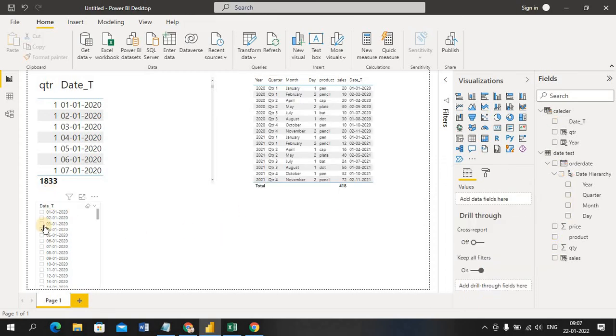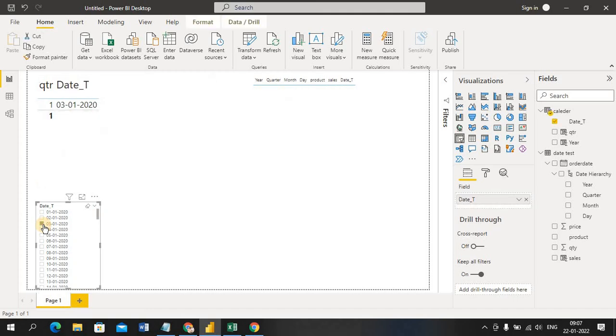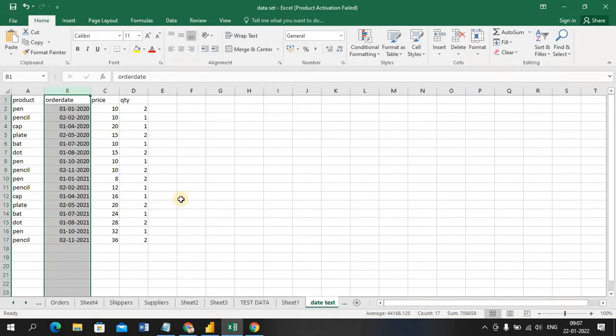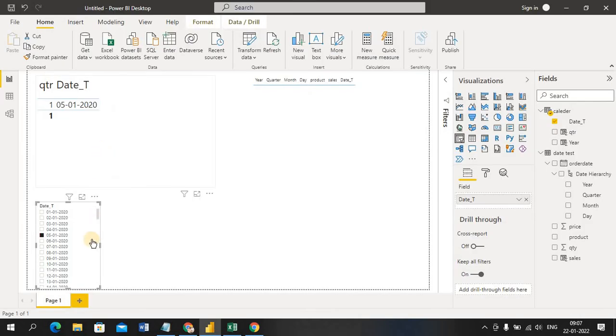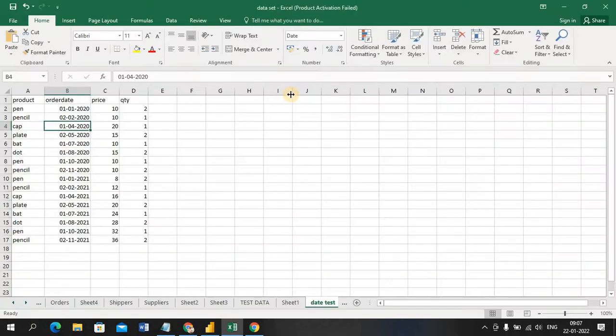So this is my filter. I want to check these filters. See, no data present for this, no data present for this, no data present for this. So it means I have only these dates. Okay, we'll see 01-04-2020. Why is data not coming for this?